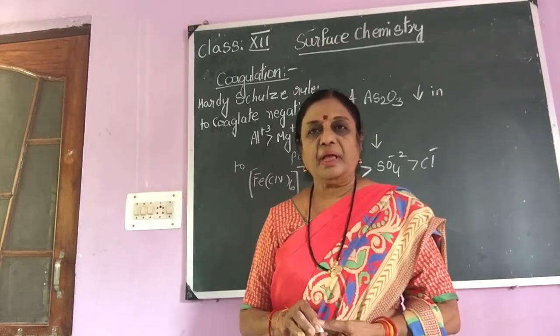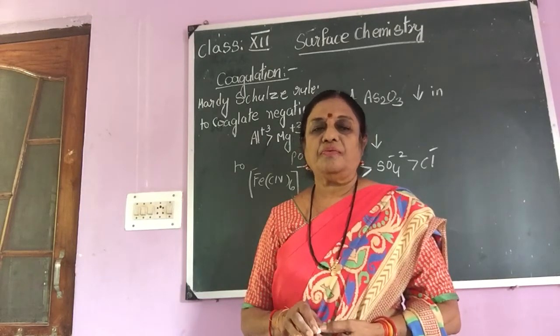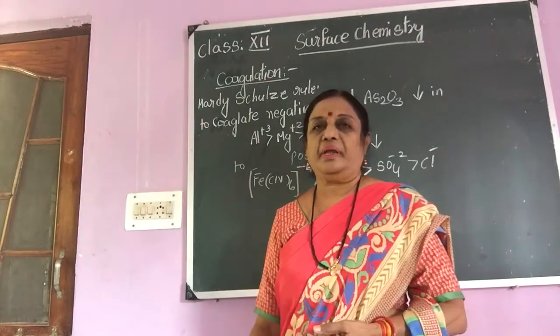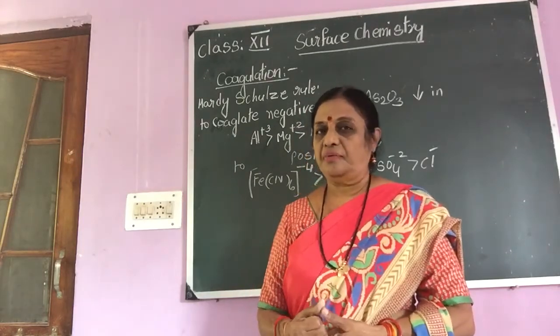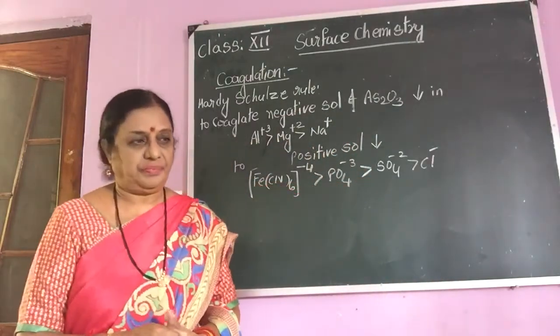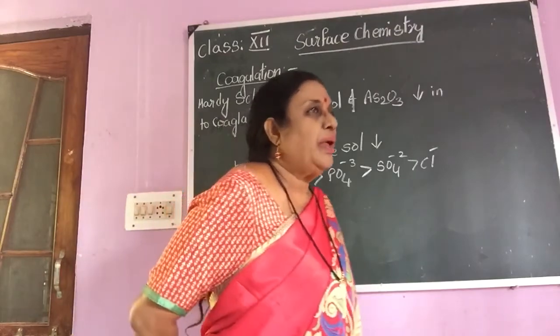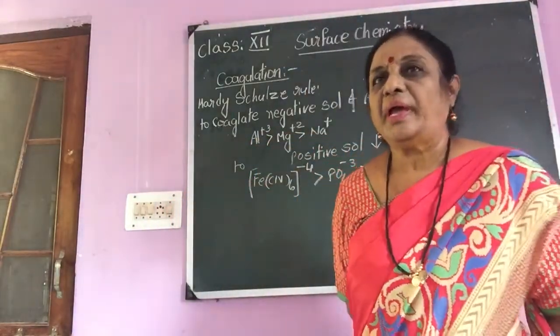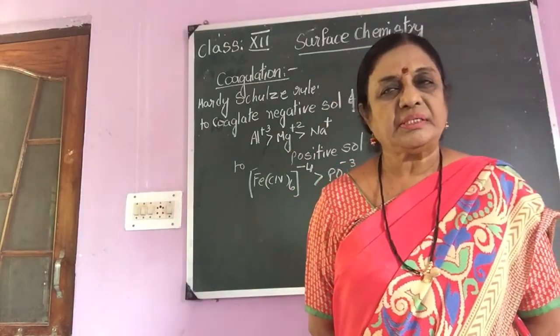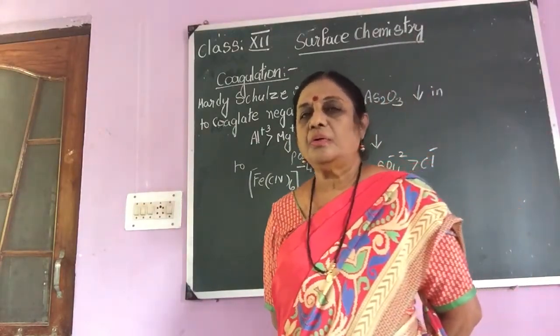Coagulation may be defined as the conversion of colloidal solution into precipitate by the addition of suitable electrolyte is known as coagulation. So the coagulating power of an electrolyte depends upon the nature of the electrolyte and also the colloidal